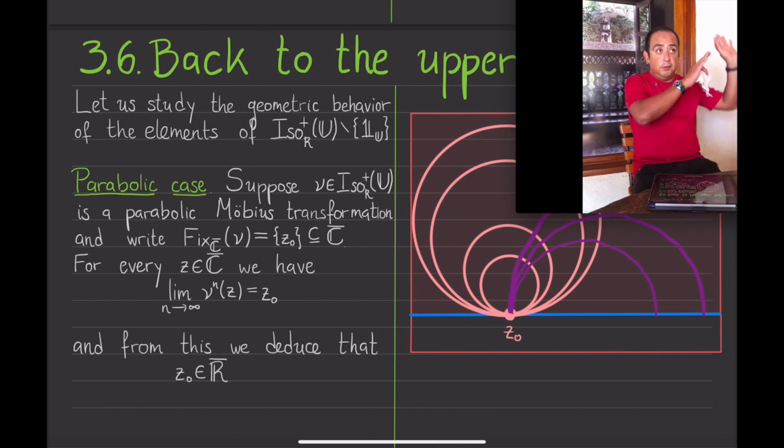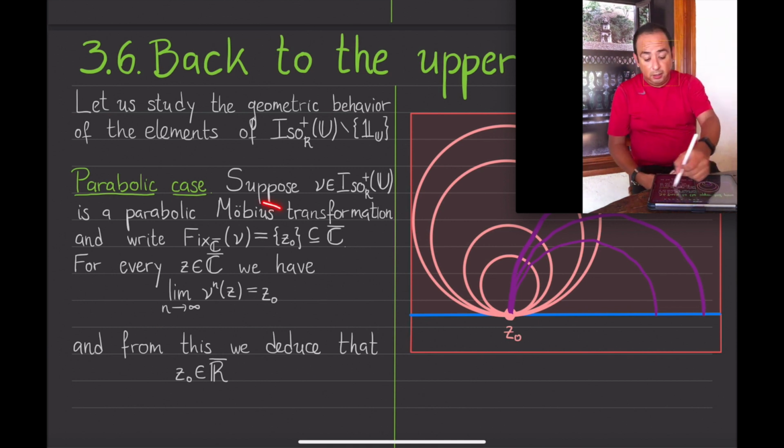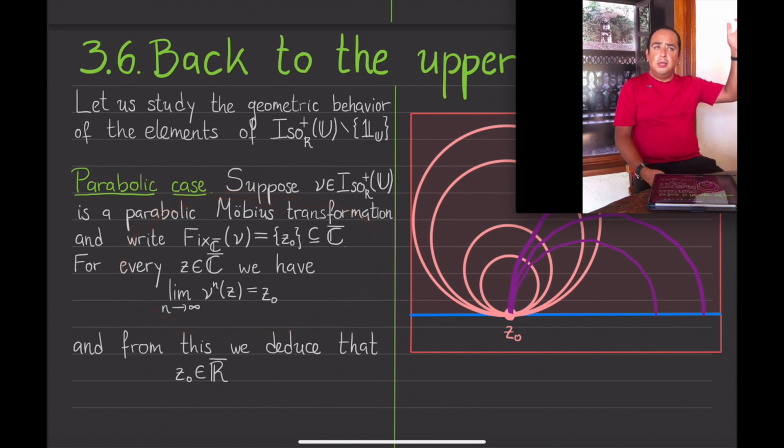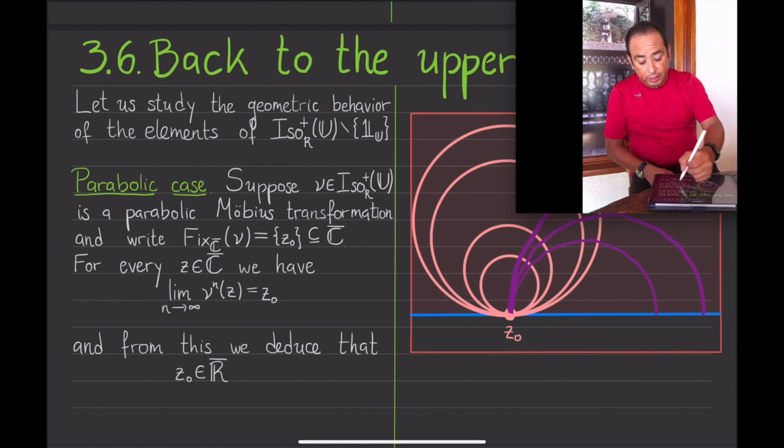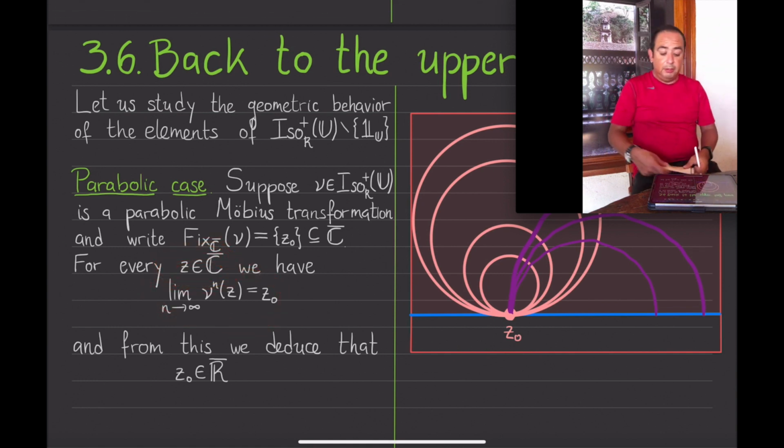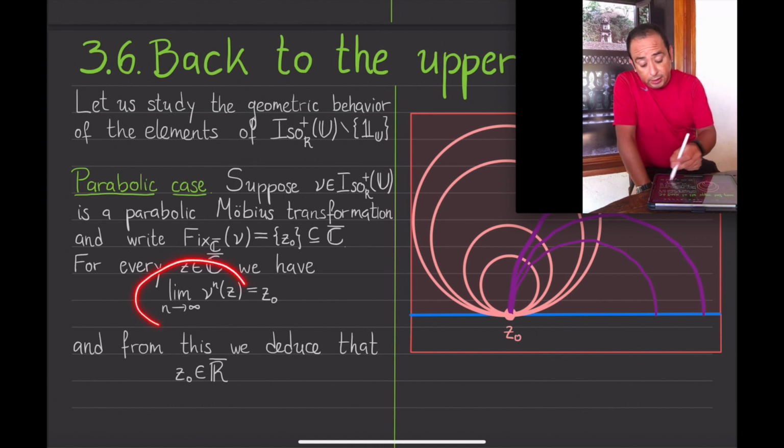Then just conjugate that, and of course the conjugating transformation lives in GL2C, not necessarily in SL2R, but it doesn't matter, so as to carry the analysis on the entire Riemann sphere. But from this fact, we see that the fixed point must be in